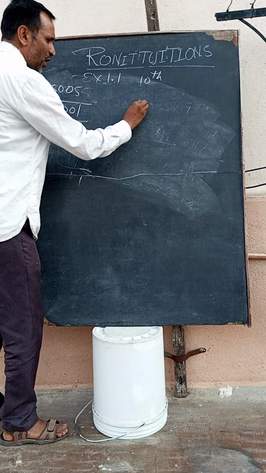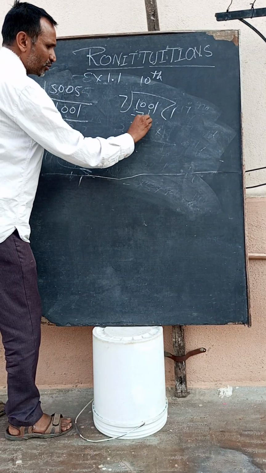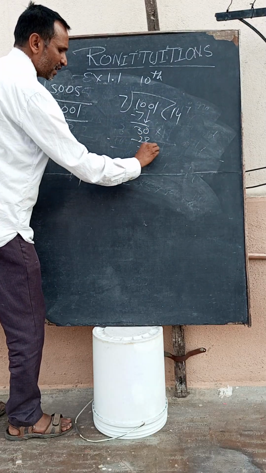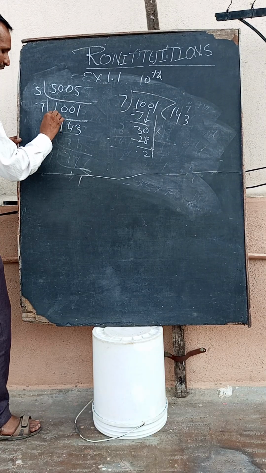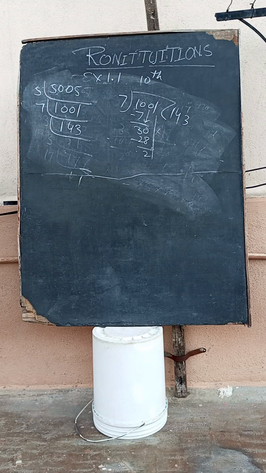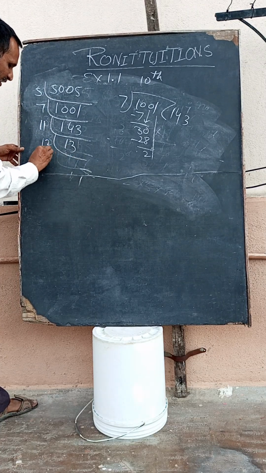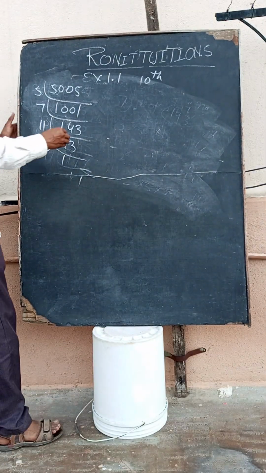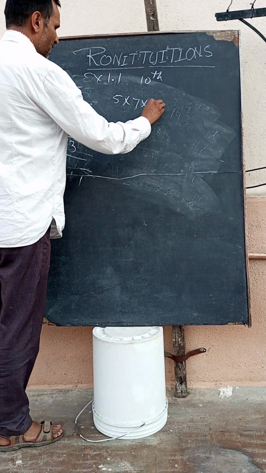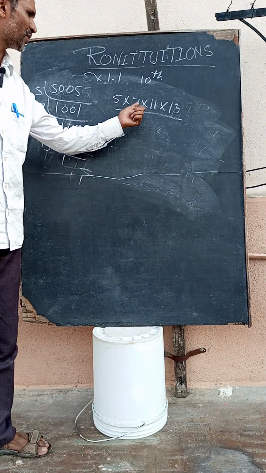7 1s are 7, meaning 1001. We divide it by 7. What will come? 7 1s are 7. 3 remainder, taken down the 0. 7 4s are 28. Then again 2 and drop down 1. 7 3s are 21. So this becomes 143. And this number 143 is a special number that can be divided only by 13 and 11. So first we write 11. So it will come 13. Then again we can write 13. Then 1. So we can write the prime factors of 5005 as 5 into 7 into 11 into 13. What are the factors? 5, 7, 11, 13.